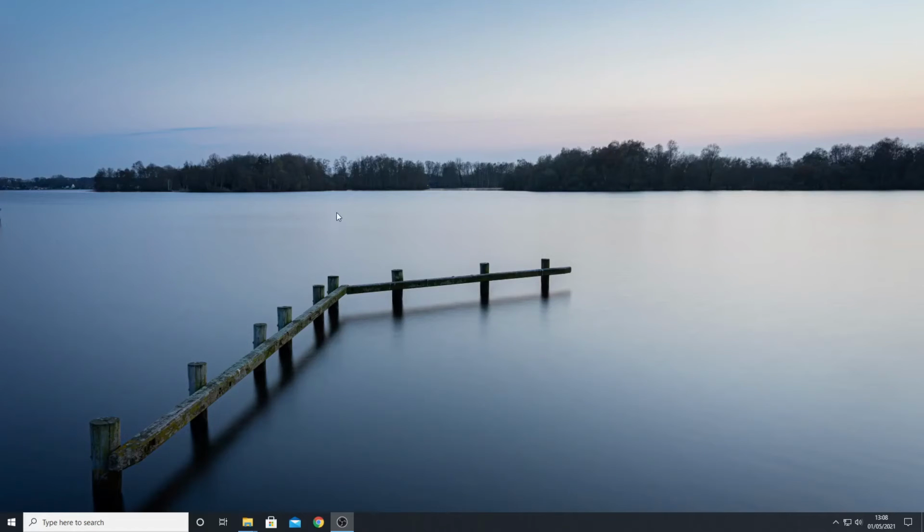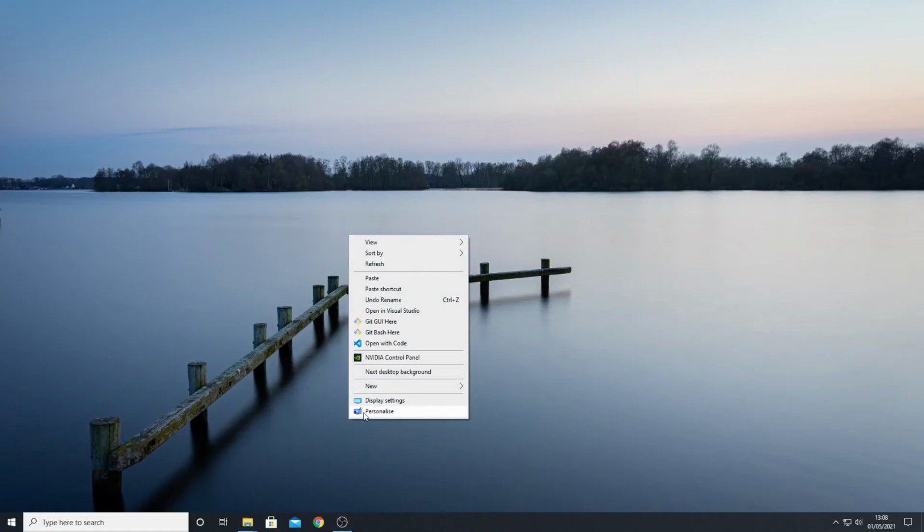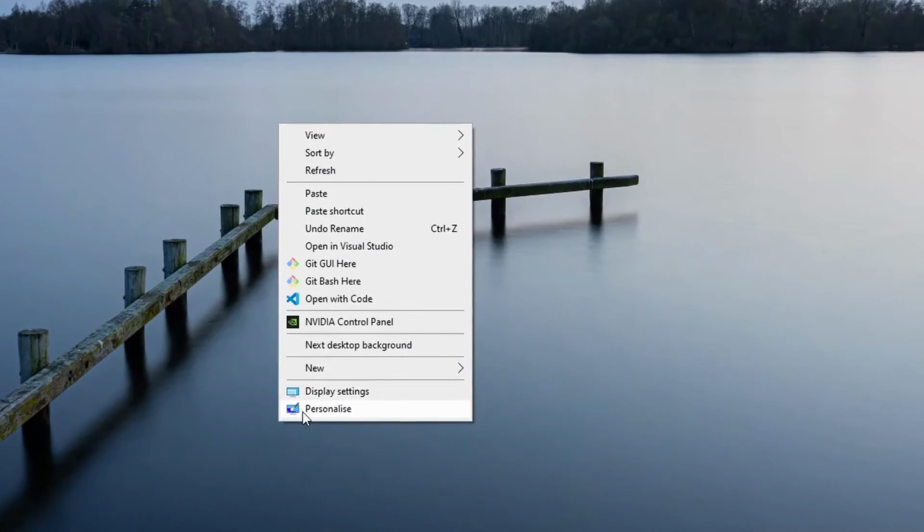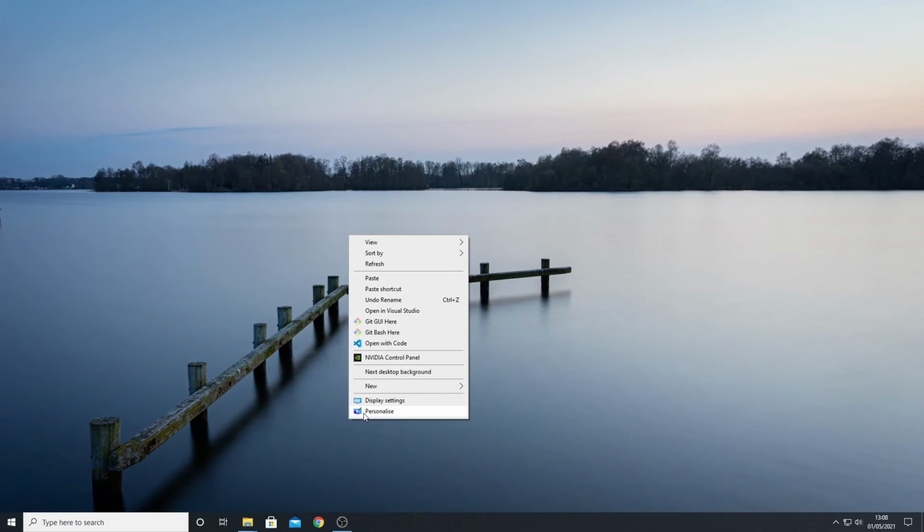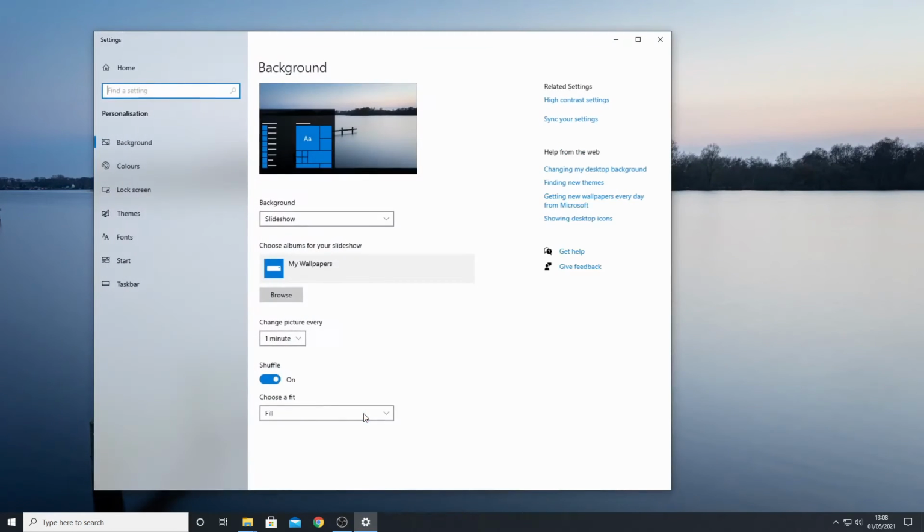If I go to my desktop and right click, I get a menu like the following. At the bottom of the menu is a selection called Personalize, and you should click on that. That will bring up a screen that allows us to personalize the background, or wallpapers as they are normally called. You will see I have the background set to slideshow, and that is what you should select as well. You can also see that the current album I am using is a folder called My Wallpapers, as I described earlier.